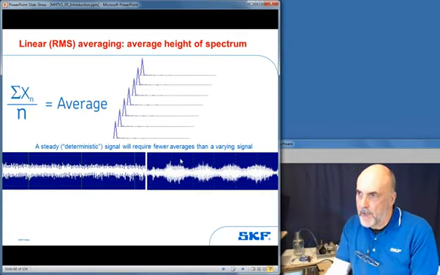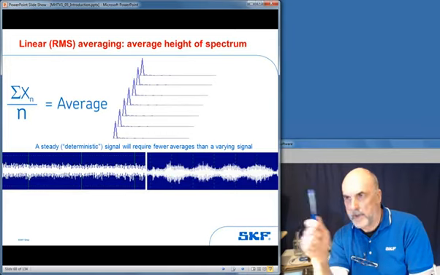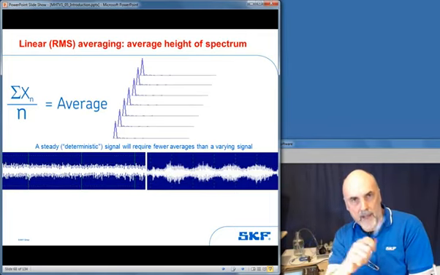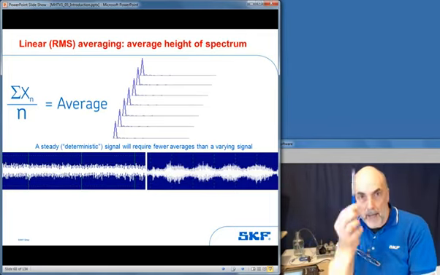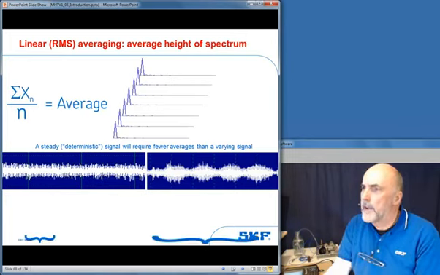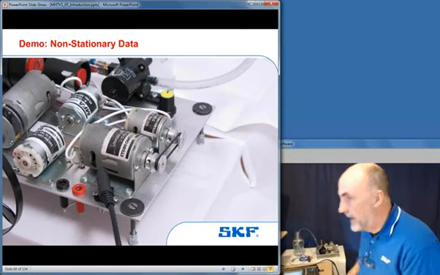But on some machines, you inherently get quite a bit of variation. It's witnessed in the old days of moving needles. You would see the needle swinging backwards and forwards, and that's your cue, your evidence that you need to average that signal. And the same would happen, I've seen peaks in spectra going up and down. I think I do have at this stage a little demonstration of that for you, so you can hear it.